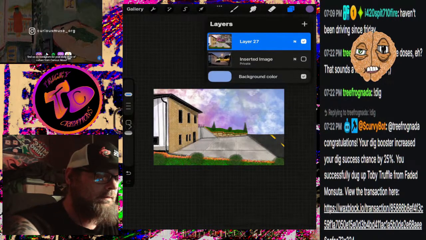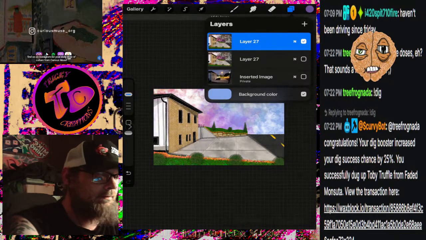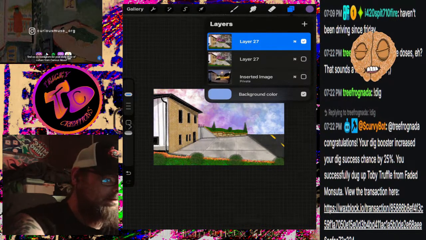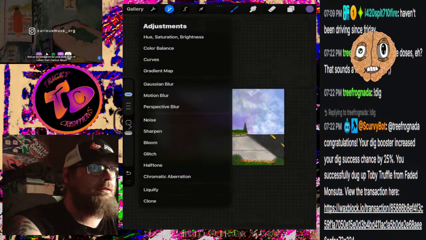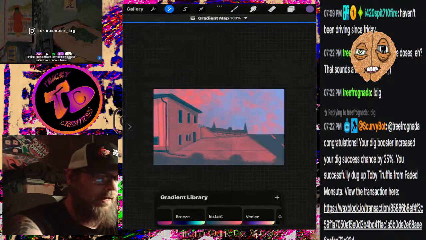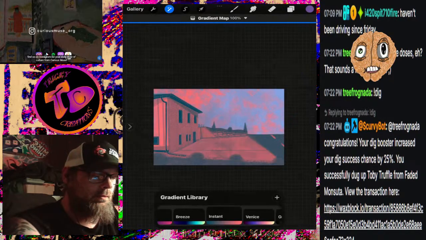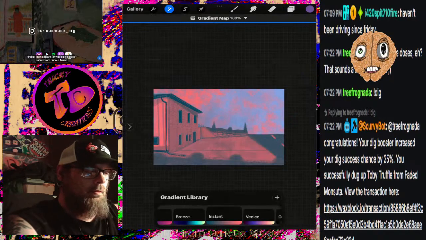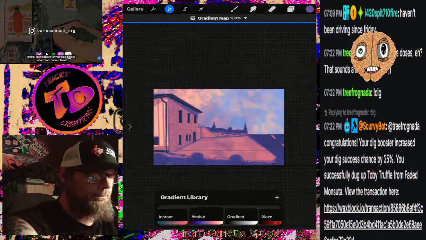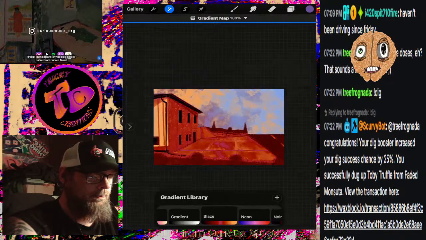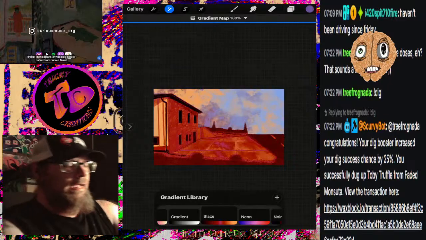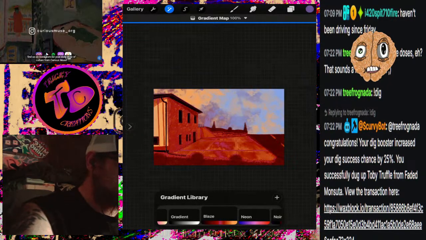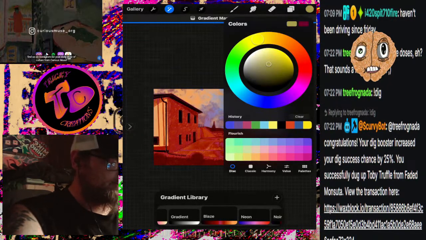But let's see, we're gonna duplicate this, so I still have mine. Then we're gonna go in and use a gradient map, and I'm gonna pick probably more of a blaze. Now what I'll do from here is first off start with some yellow.